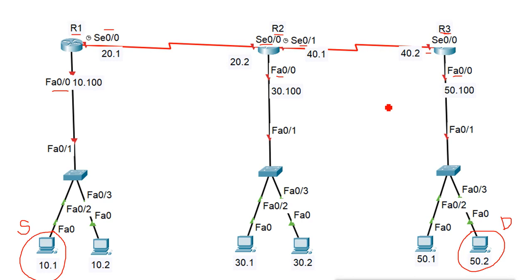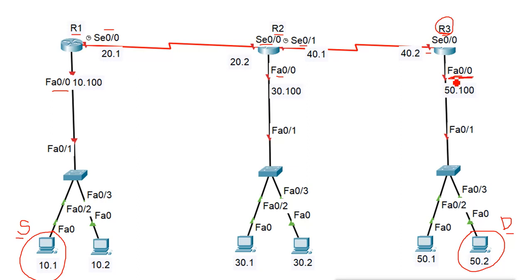Now in this case, this is the source and this is the destination. So if I am creating a standard list, I should create and apply it on the nearest router and interface. The nearest router and interface of the destination is this router 3. So I should create the list on router 3, and the nearest interface for the destination is this fast Ethernet port. So I should apply it on this. But remember, if I apply it anywhere else, it will still work, it will still take it, it will not give any error, but the list will fail.